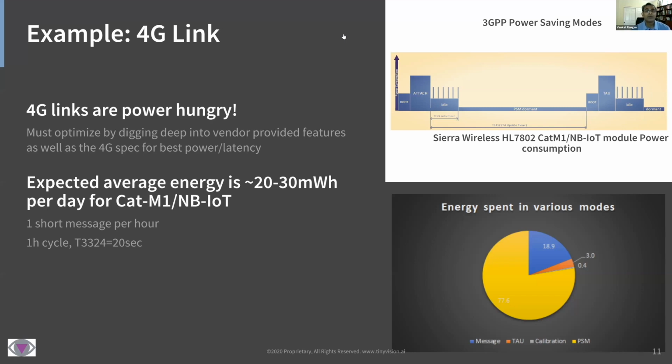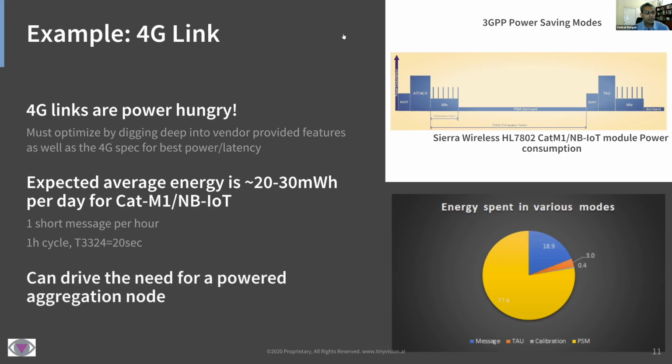One thing I would like to recommend to people, please don't count energy in milliamps. Milliamps is not a unit of energy. It's really milliamps at the battery. People forget the milliamps at the battery part and say, my device consumes 2 milliamps of power. It's not, right? So please use the right units. You end up with most of the energy being spent in the power save mode, right? So this is the spreadsheet based approach.